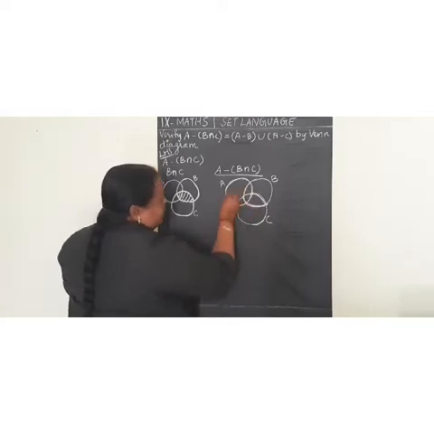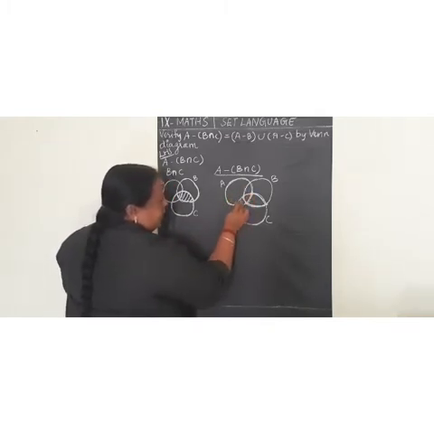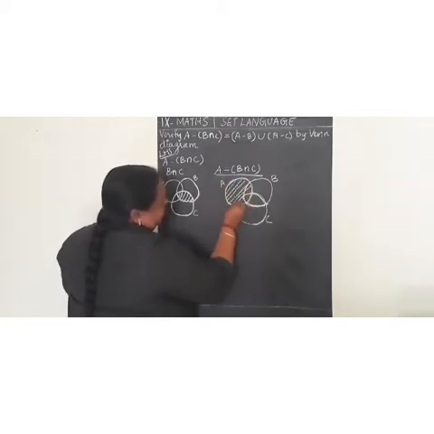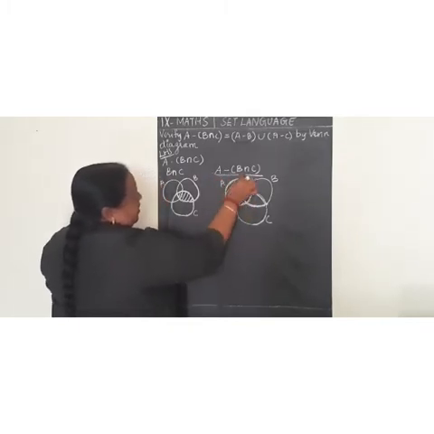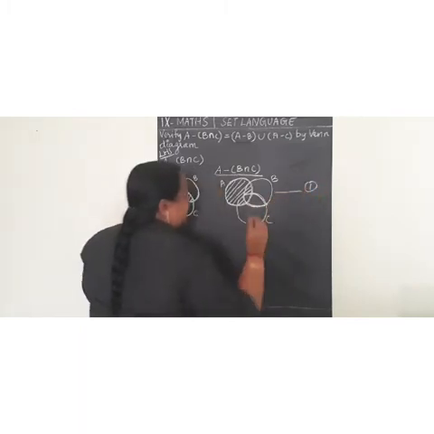So the remaining parts you have to shade in set A. We have to leave this B intersection C part in set A, and then shade the remaining parts in A. This is A minus B intersection C. This one I mark as equation 1.